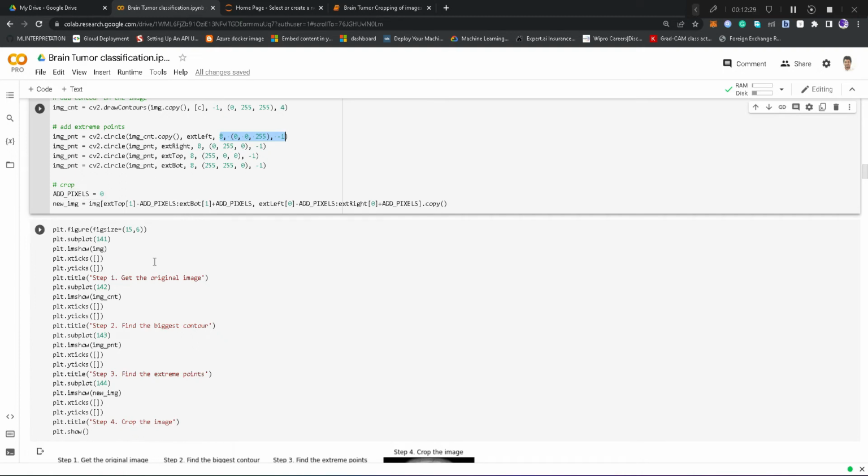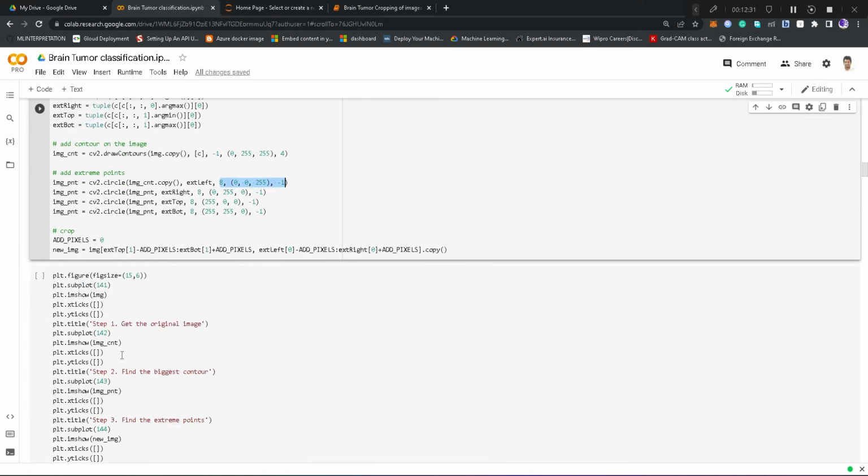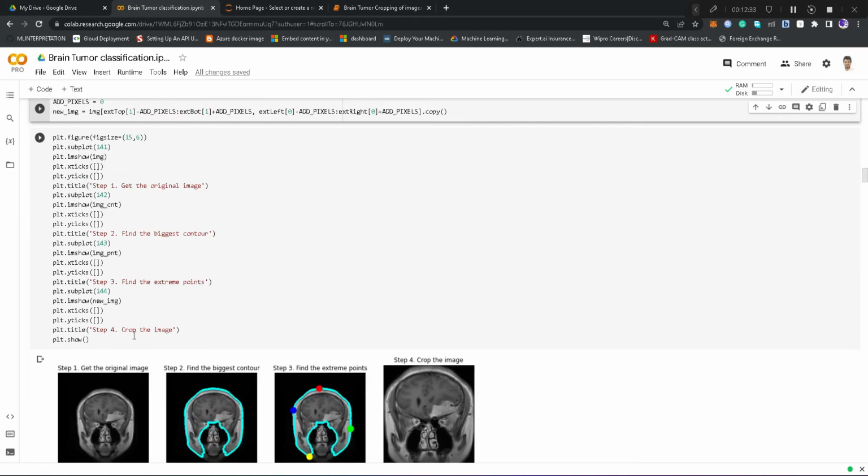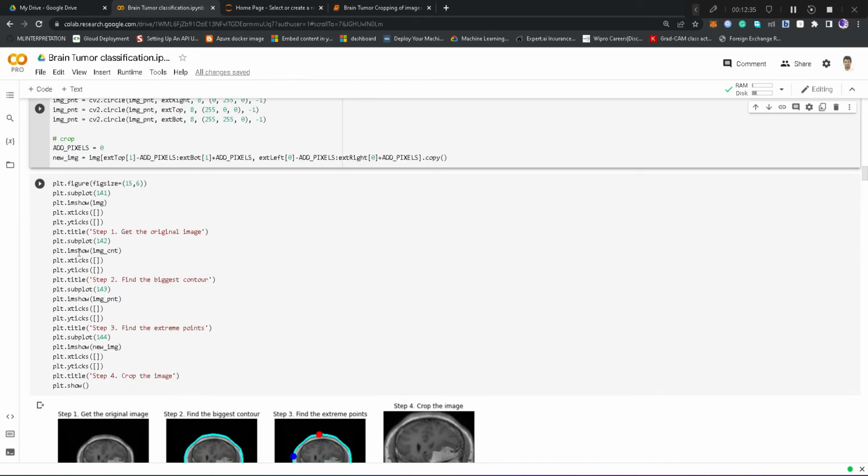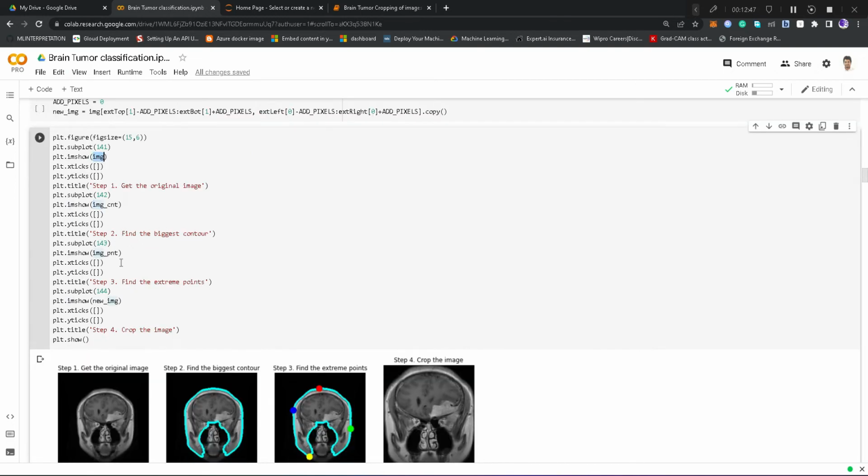For visualizing each and every step, we have plotted it like this, to see how it is behaving step by step. In plot 1, we are getting the original image. Next we are getting the image contours, that is finding the biggest contour. Step 2 is finding the biggest contour, that is our img_cnt,